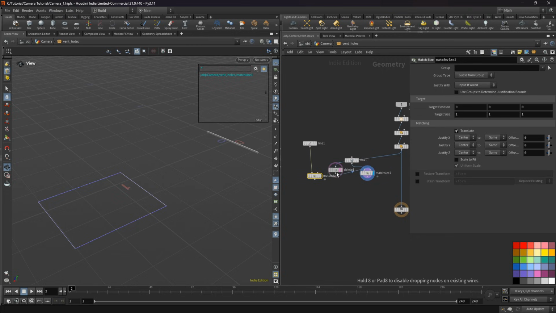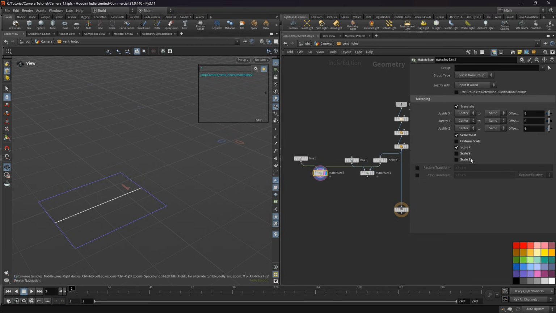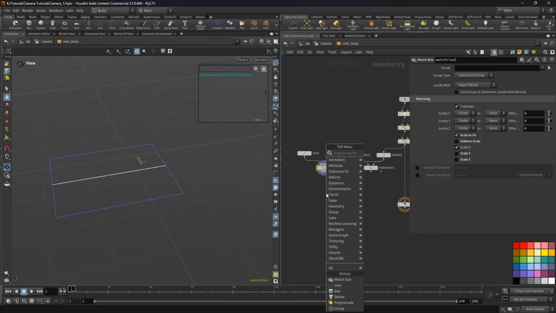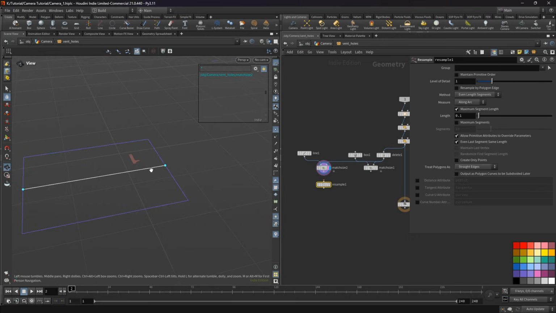And after that we'll add resample, and on these points we will copy our box. So let's set the match size, and we can deactivate scale Y and scale Z, leave just the scale X activated. So next let's add the resample node, and we'll add more points because now we have only 2 points,